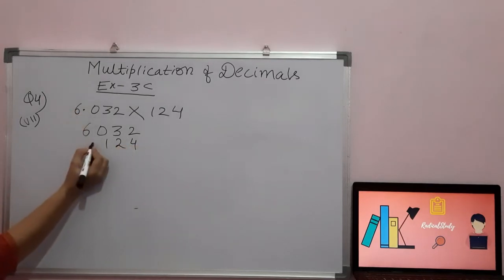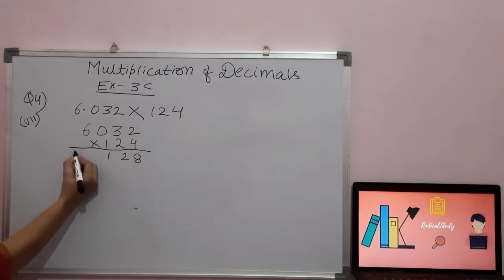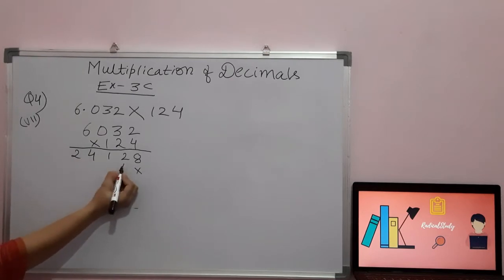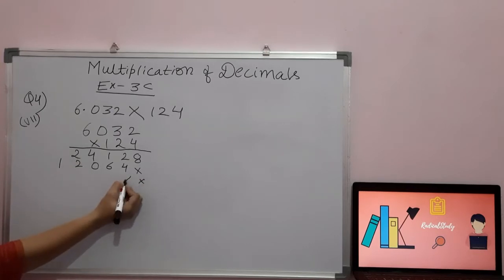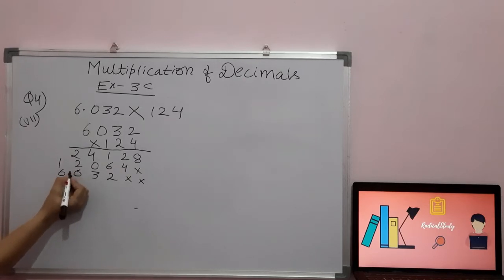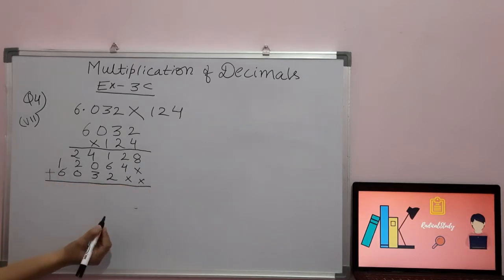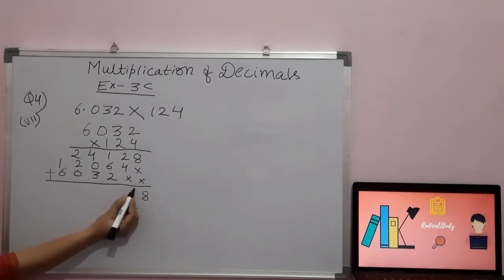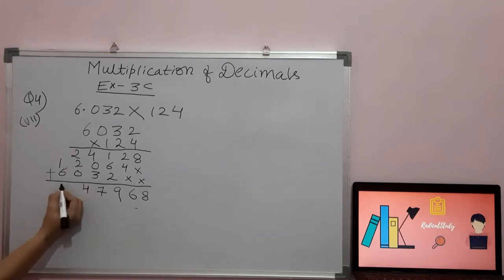The first step is remove the point. पॉइंट हटा के आप जैसे जनरल मल्टीप्लाई करते हैं, the standard multiplication. 4 2s 8, 4 3s 12, 4 6s 24, 2 2s 4, 2 3s 6, 2 0s 0, 2 6s 12. Now again 1 2s 2, 1 3s 3, 1 0s 0, 1 6s 6. This is 0 and this is 6. Now I have to add these. When I am going to add, here it will be 8, 6, 9, 7, 4, 7.